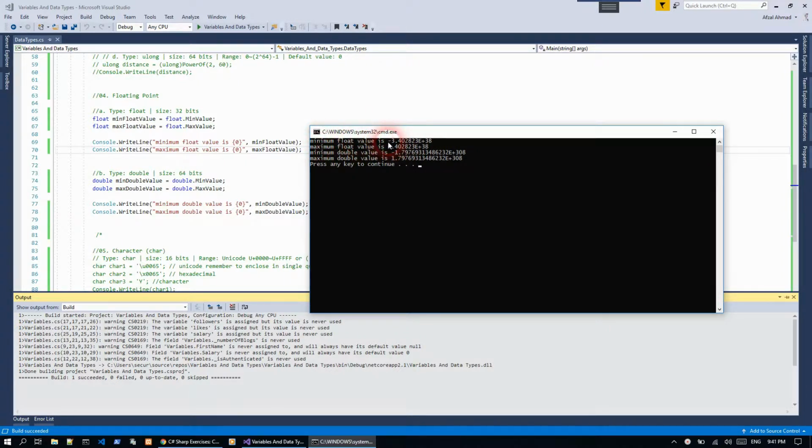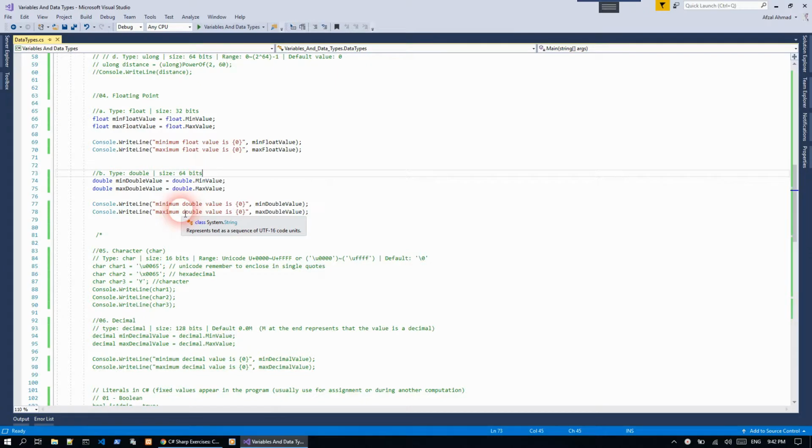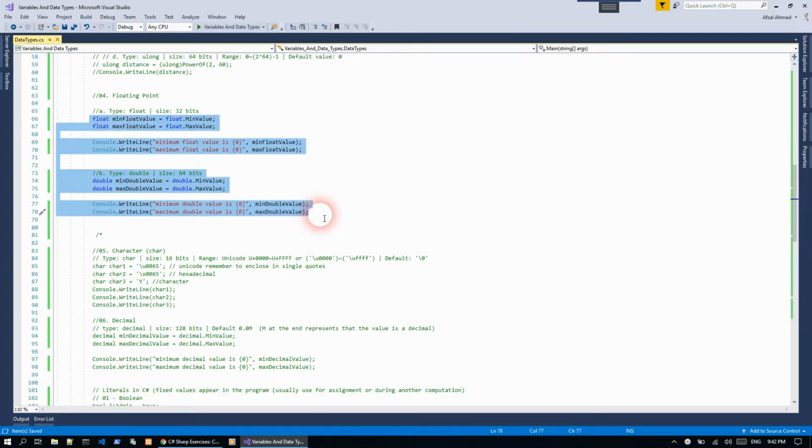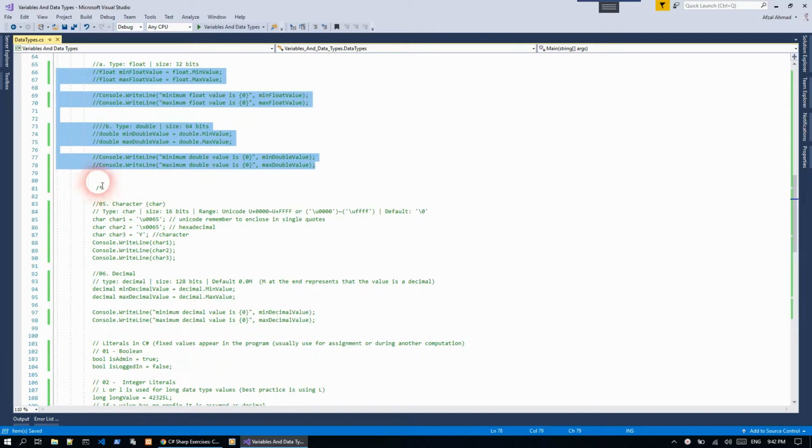So the minimum float value is minus 3.402823 E plus 38. So here it's in scientific notation, which means this multiplied by 10 raised to power 38. It's going to be the minimum value, and the maximum is like this. For the double, it's this much, which is huge. It's like 10 raised to power 308, which is a very big number, to be honest. So I'm going to comment these two as well. So moving forward,